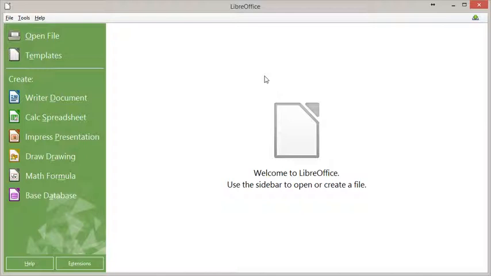For those of you who may not know, LibreOffice is a free and open source alternative to popular office suites like Microsoft Office, which includes Word and Excel, and the Corel Office suite, which includes WordPerfect. LibreOffice, being a free and open source program, offers itself completely free to users, though they accept donations, and provides a pretty featureful alternative to Microsoft products and Corel products at a much more affordable price, in being, of